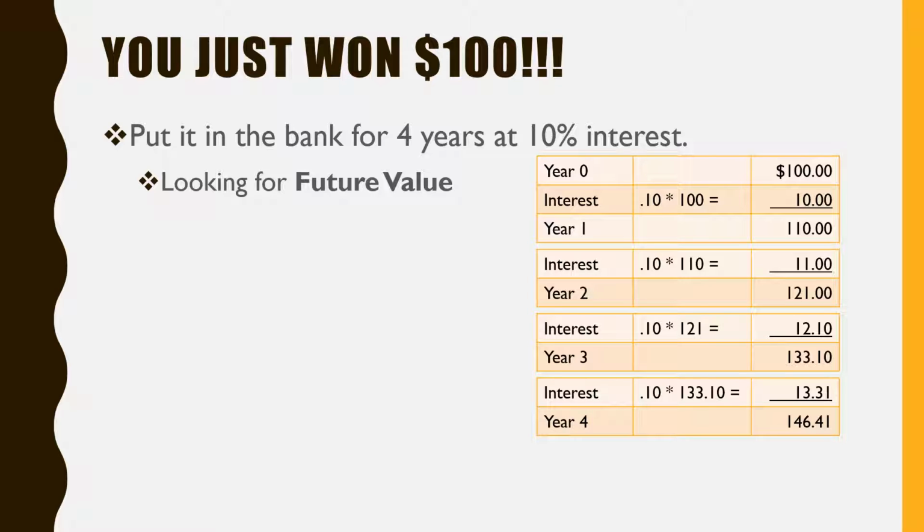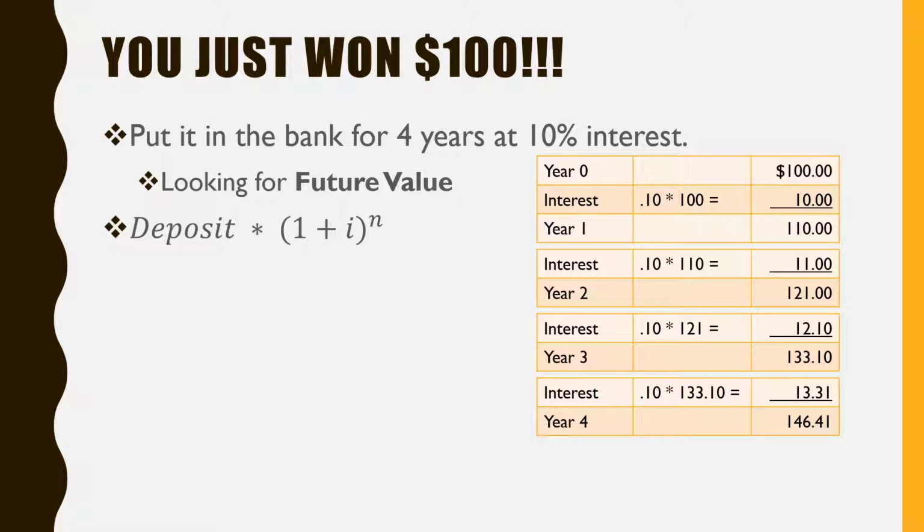So we could do that for as many years as we wanted, but you can imagine for 20 years you're going to get really bored doing that. So we want to look at what we did and see if we can come up with a formula. You look at the deposit of $100, and in that first year you multiplied it times 1 plus the interest rate. So I could have taken $100 times 1.1 to get to that $110 a little bit more quickly. And I did that, in this case, 4 times, so that's the number of years. So you can take the deposit times 1 plus the interest rate to the n, to the number of years, that's your exponent, and come up with that